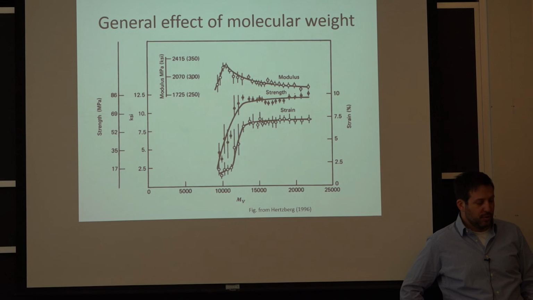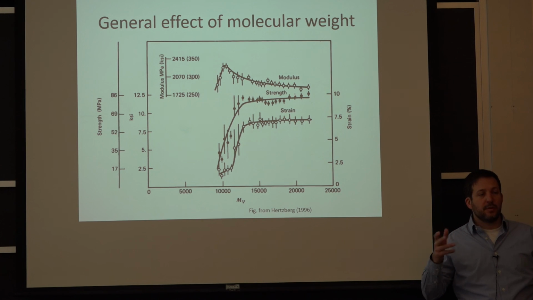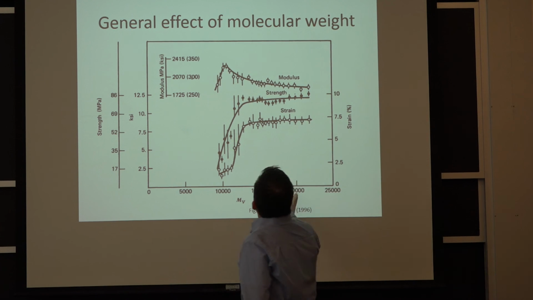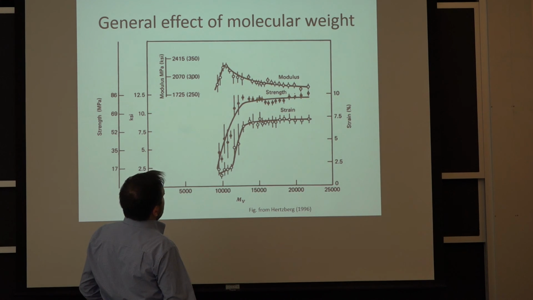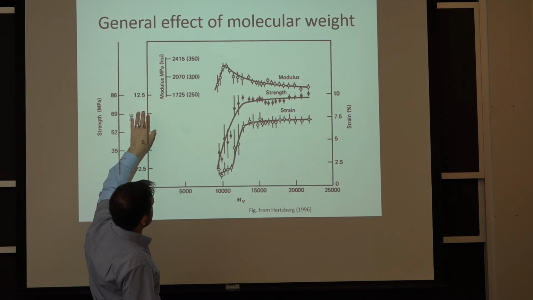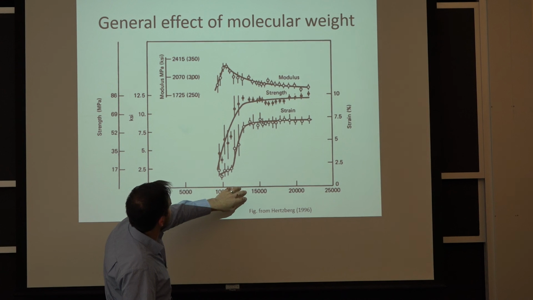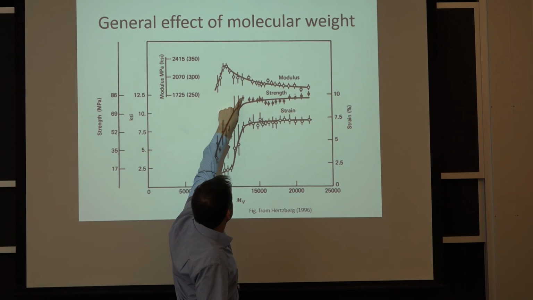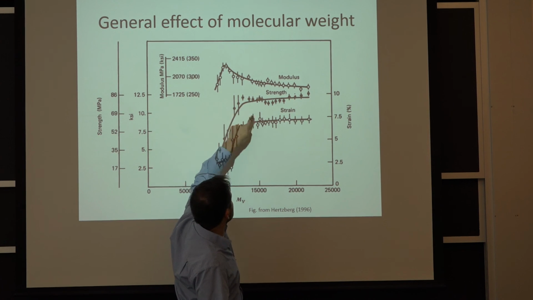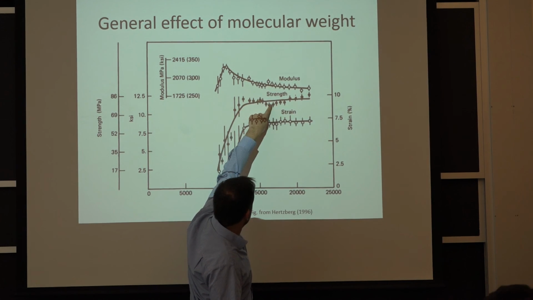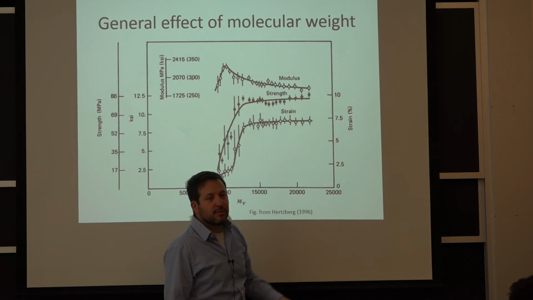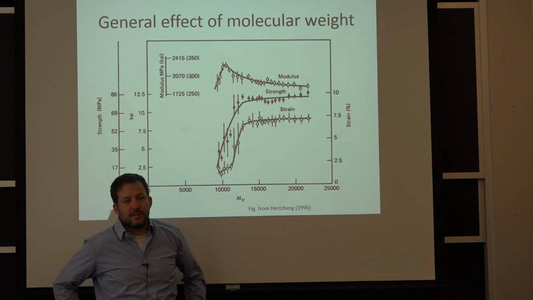and then think about what happens on the other hand if you are doing a tensile test. So if you do a tensile test and you have all these ferrites, for example, what you can see with respect to molecular weight is there's going to be a point, right here. So the strength as a function of molecular weight is this curve. You get to a point right here, and I hate when people do these curves. I mean, the curve doesn't reflect the data. From here to here, the strength is going down with the molecular weight. Can you think of a reason for that?